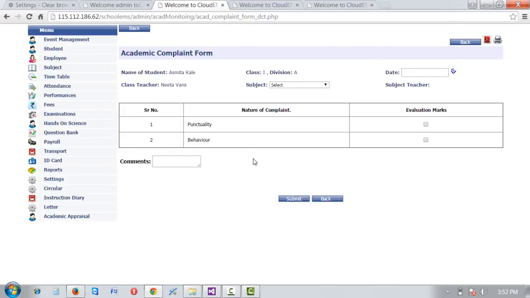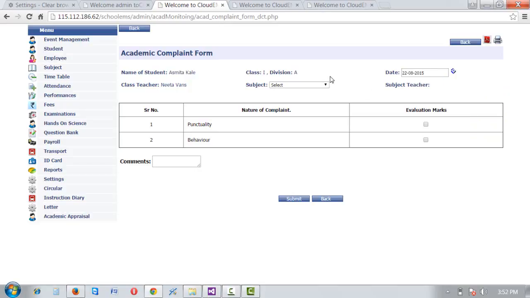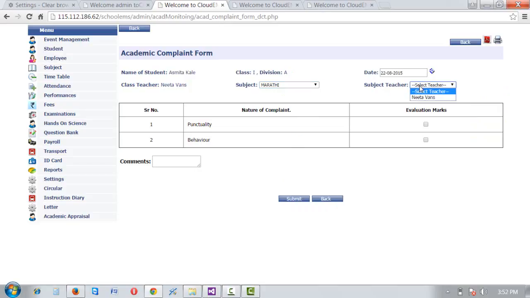Okay, now I want to enter complaint against this teacher. So I'll select the date, select the subject, and the allotted teachers will be listed over here. Select the teacher,